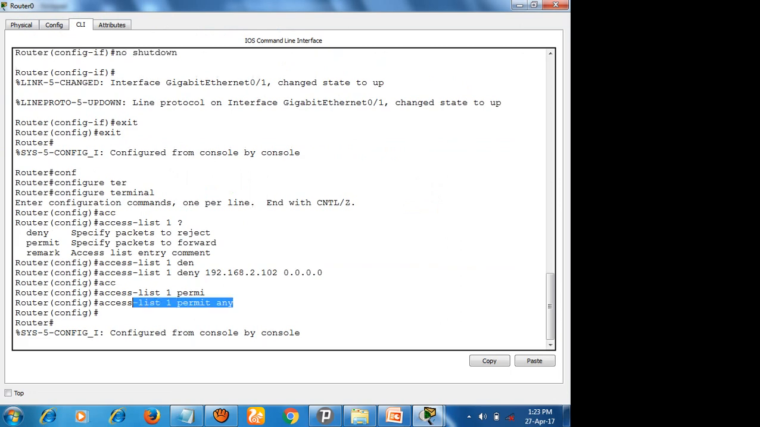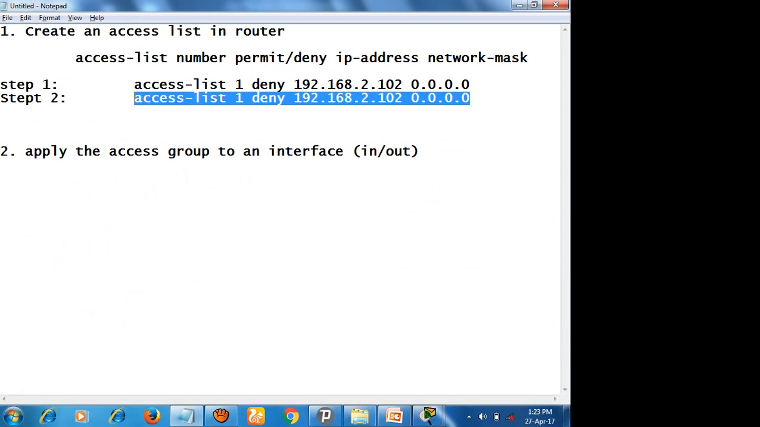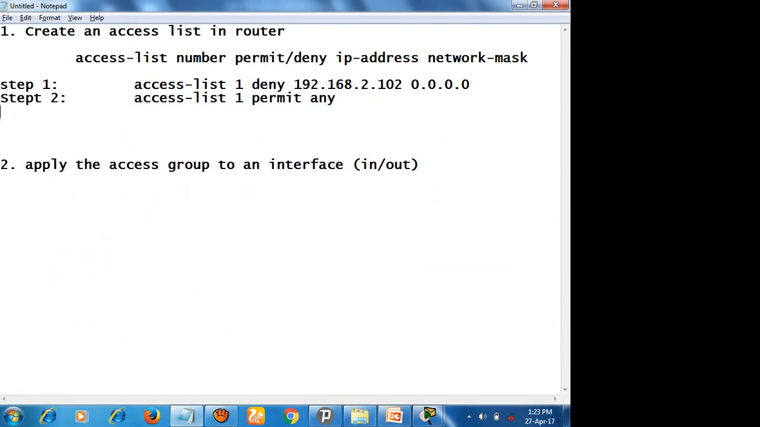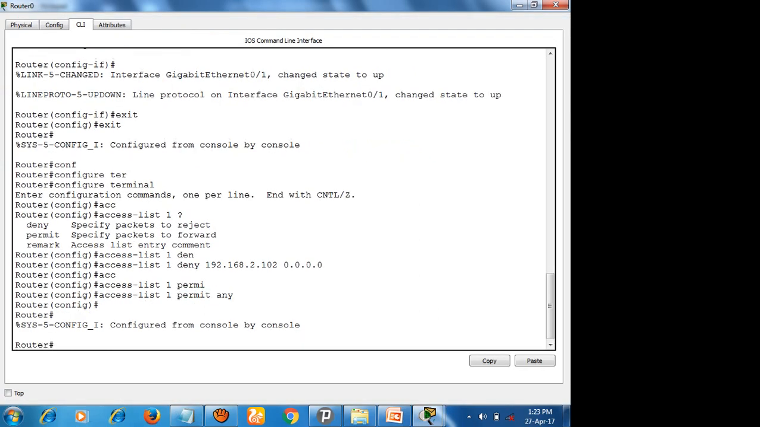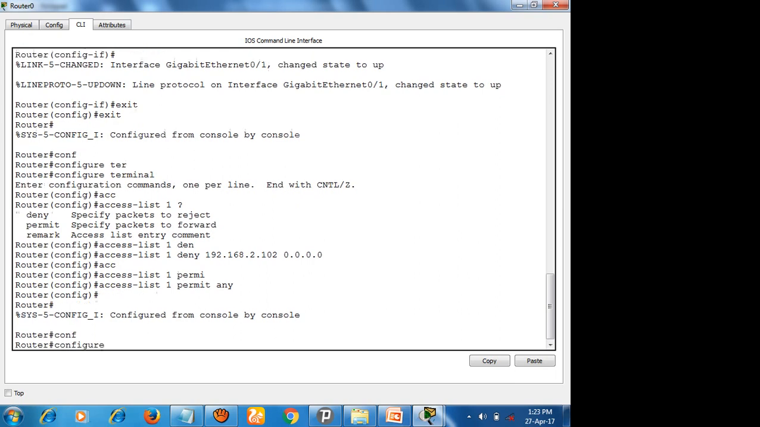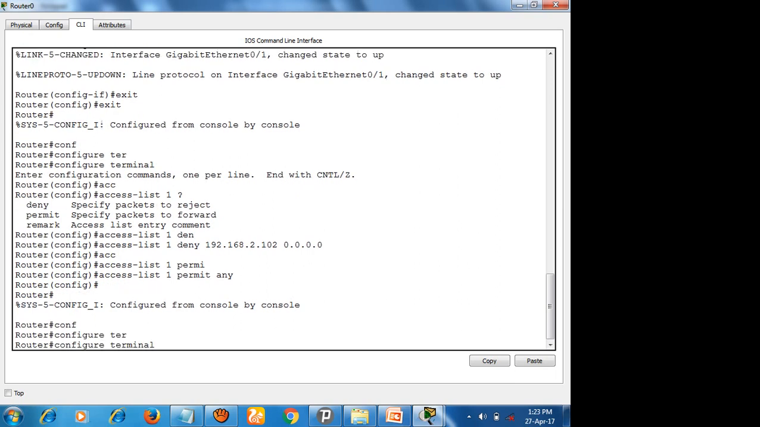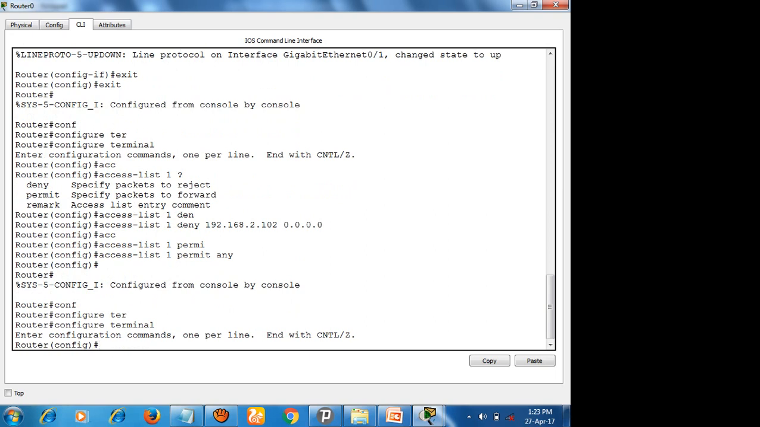This is the permit list as well as the deny list, right? So once it is over, you can come out of this access list. Just come out and configure terminal, and you need to specify where you want to block this, whether on the inbound interface or